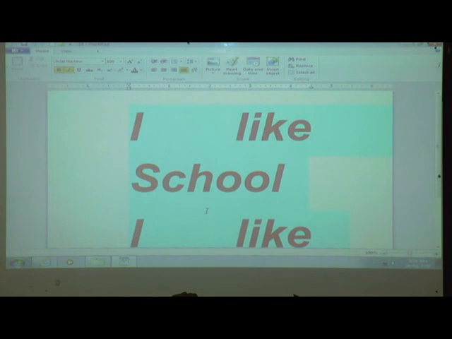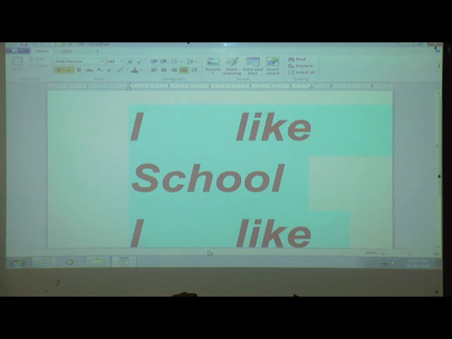Got it till here? Now what did we discuss in this period? We discussed the ribbon and the quick access toolbar. In the ribbon, what did we discuss? About the font. What is the use of font? By using font, we can change the font style. Font size. What is the use of font size? Close your book and give me the answer fast. Good. We want to increase or decrease the size of the font. You can increase or decrease by using the font size option.